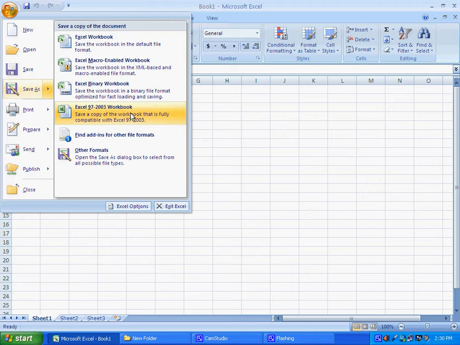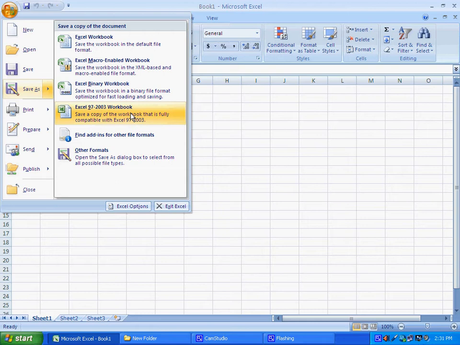We are using Excel 2007 right now, but in another PC or another department, if any of your colleagues is using an older version of Microsoft Excel, 97-2003, and you send the file in 2007 format, the concerned person will not be able to see your data unless he has installed Microsoft Office 2007 on his PC.